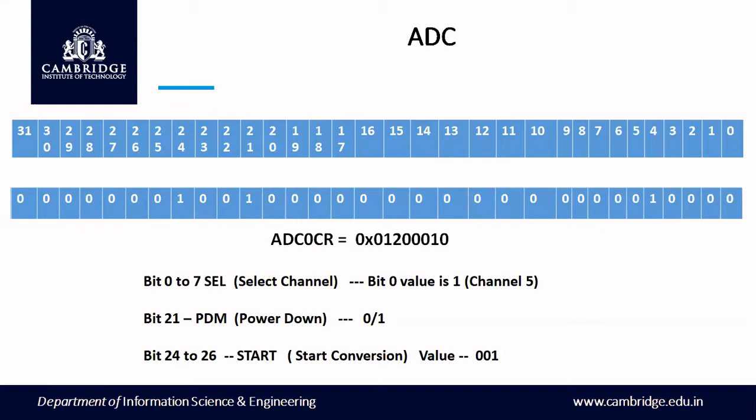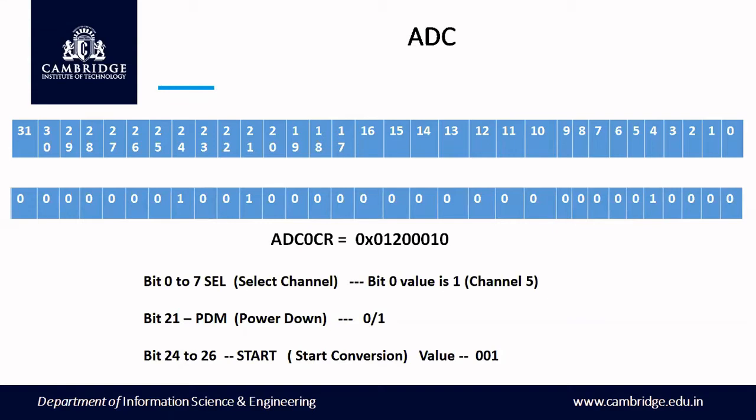In the 10-bit internal ADC, you have one important register called the control register, AD0CR. We have to configure that control register with bit values by placing zeros and ones at specific bit positions. Bits 0 to 7 are used for selecting the channel. In that we are using the 5th channel, so at bit position 4 we have to place 1.